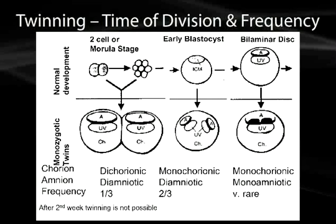Let's look at specific times of division and frequency with the monozygotic twins. Up at the top we'll have a normal developmental phase and then the type of twinning that occurs at that point. And then at the bottom we'll have what type of chorion, the amnion, and the frequency of these types of twinning. First of all, at the two-cell stage, or the morula stage, very early on after the fertilization process,